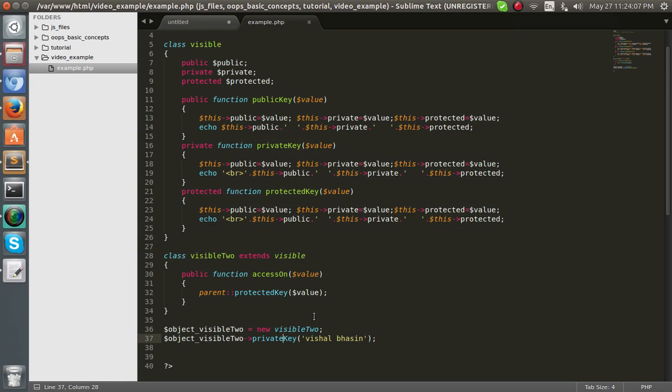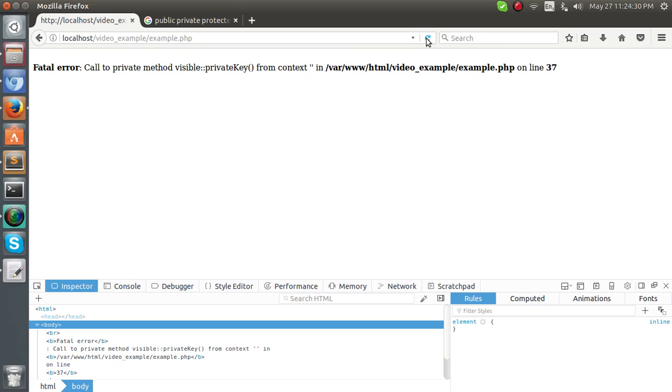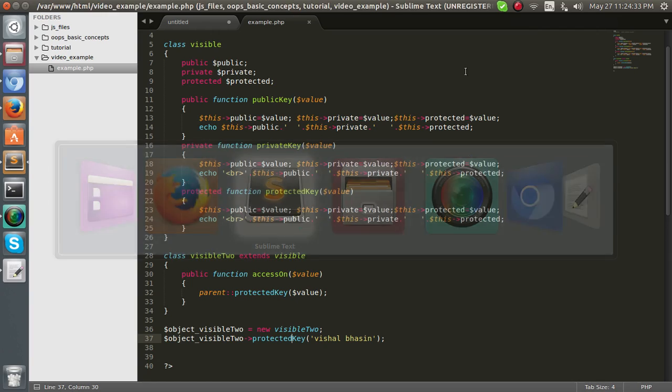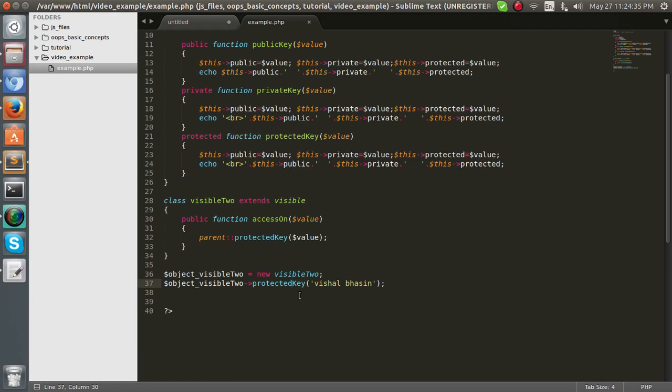Private cannot be accessed directly by the child object and cannot be inherited in the child functionality. In the child class, private cannot be inherited even. And we just check out here protected. And it says that protected cannot be accessed. So we may draw out some conclusion here. If we say that something is private, public, protected,